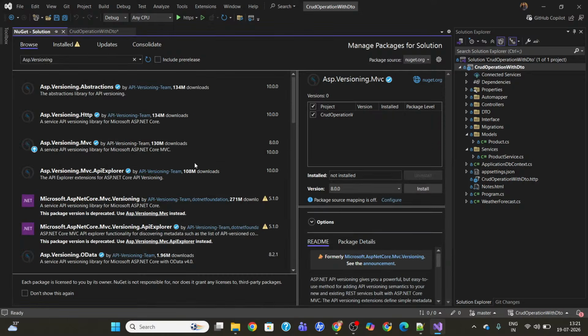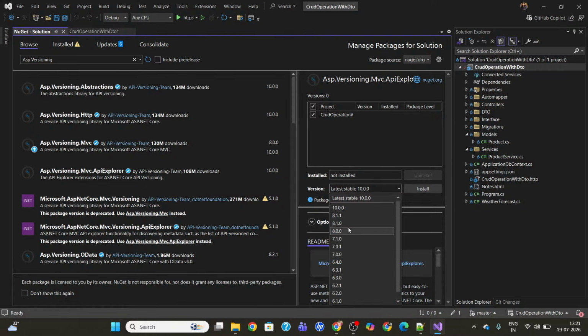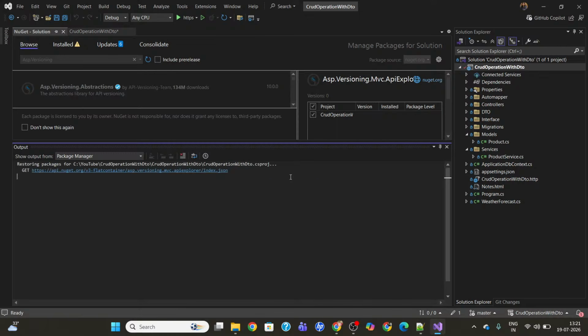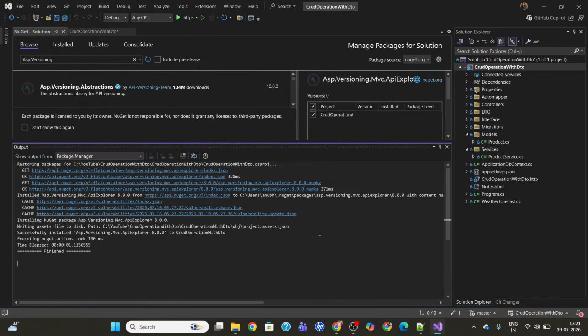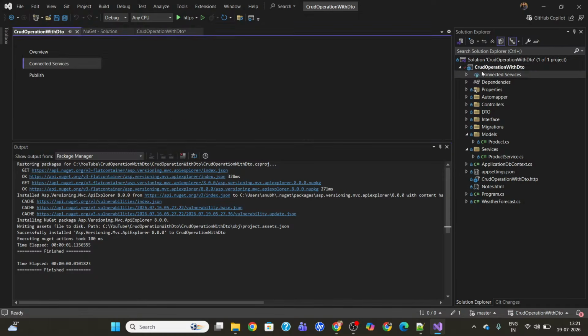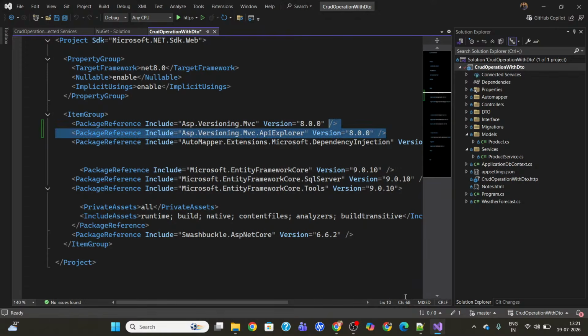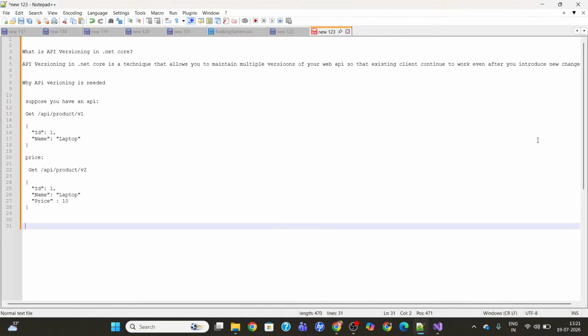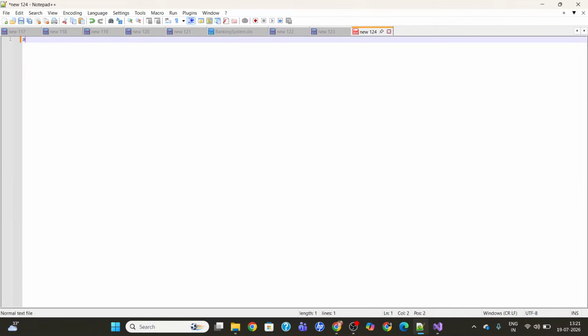Next thing is, yeah, got this one. And here again we are using the 8th version. So this is our step 1. We can install these two packages. So I will also write the steps to implement